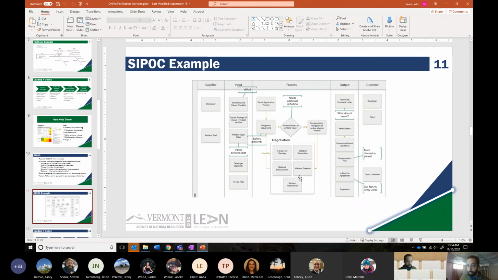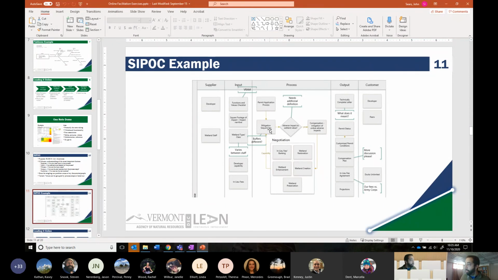So generally speaking, the way I like to go about them is I start with the process. And if you've ever done any process mapping, this is not the same kind of process mapping. We're not interested in so-and-so sends it to so-and-so who does this, who does this. It's really about broad categories of process steps. You could individually map out each one of these processes and it would probably take quite a while. So if we wanted to map out the permit application process for wetlands permitting, we could do that. But here we're just calling it one blanket step,